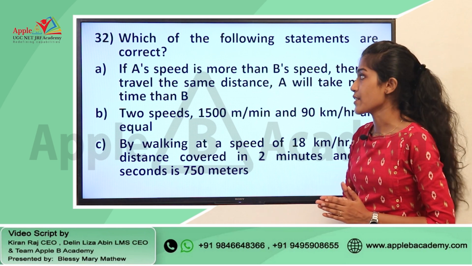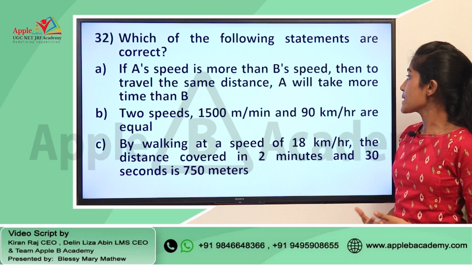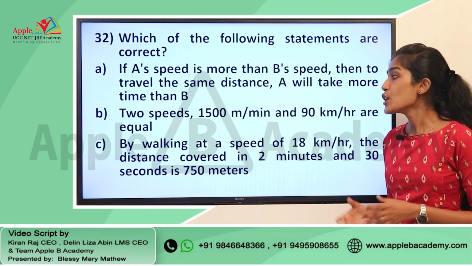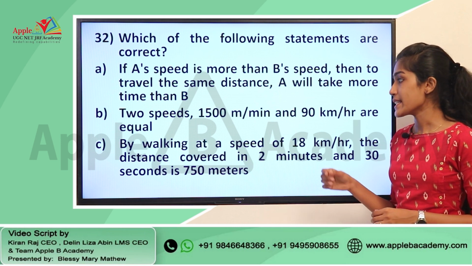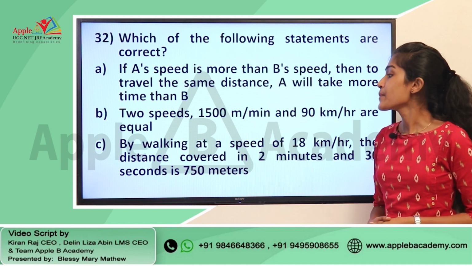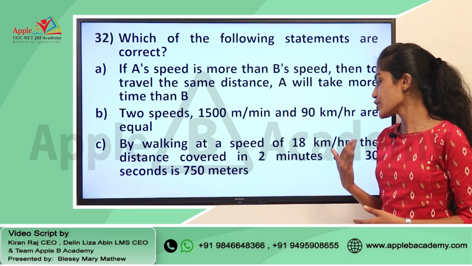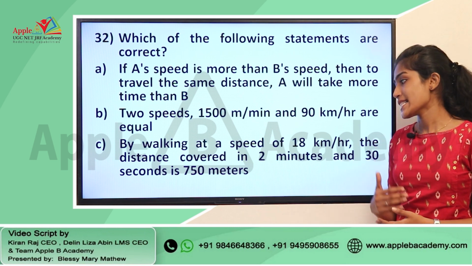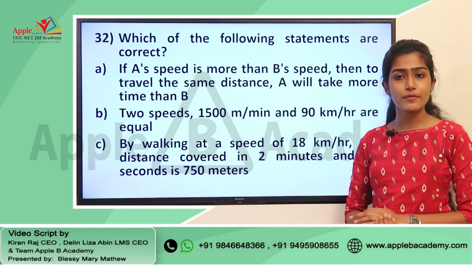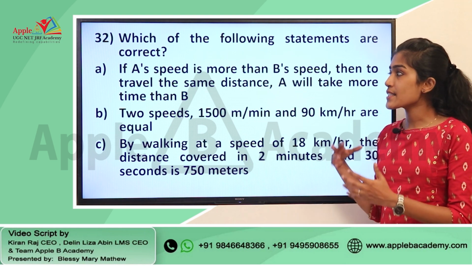So, let us read the question first. Which of the following statements are correct? If A speed is more than B speed, then to travel the same distance A will take more time than B. Two speeds 1500 meter per minute and 90 kilometer per hour are equal. By walking at a speed of 18 km per hour, the distance covered in 2 minutes and 30 seconds is 750 meters. So, basically this is from the module mathematical reasoning and aptitude, and this is a question in which